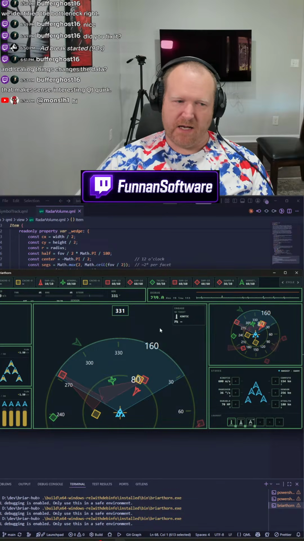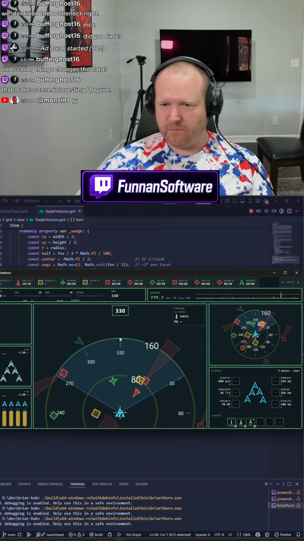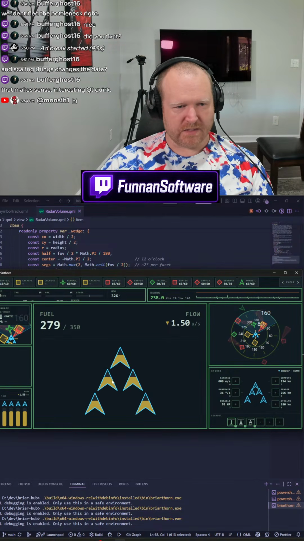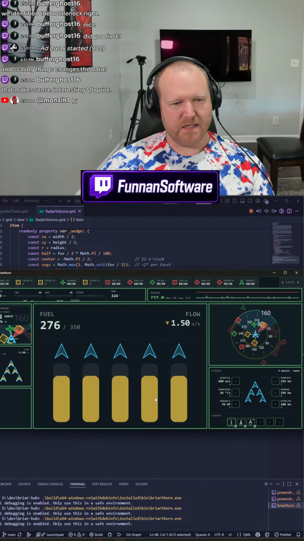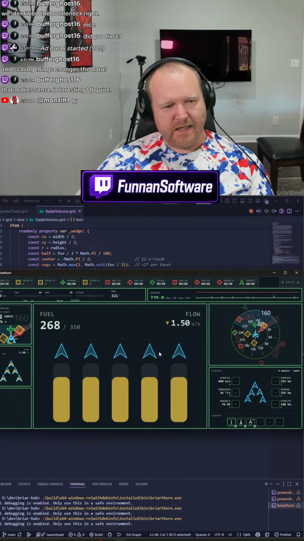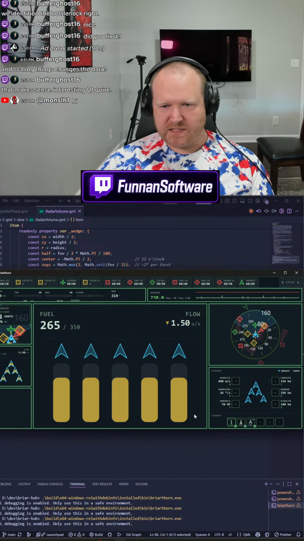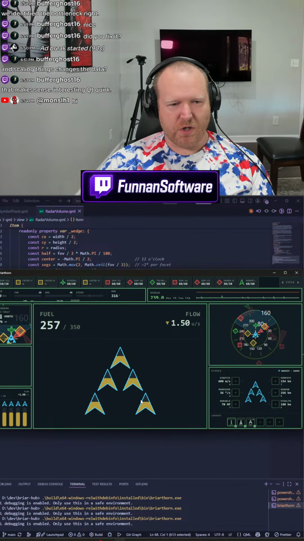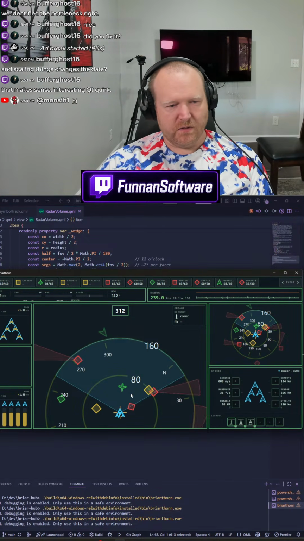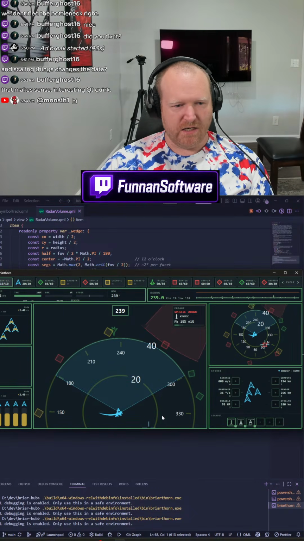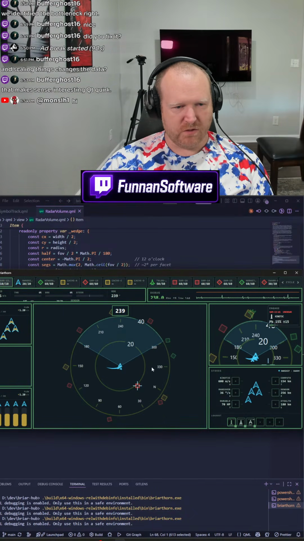Once I fixed that, I next started toying with the idea of fuel. So you'll notice this guy right here, or maybe this guy right here. I'm not sure how I want to visualize fuel yet. I think this is a little easier to see and understand, and it kind of shows that each drone has its own fuel level. So if I go to launch a drone and then turn tail and move further away from the drone.